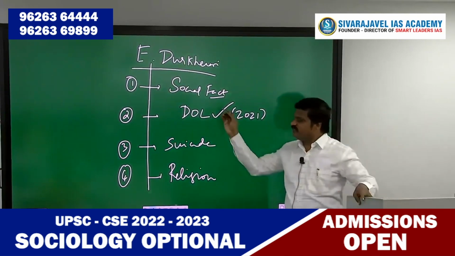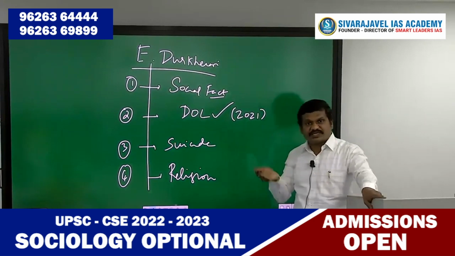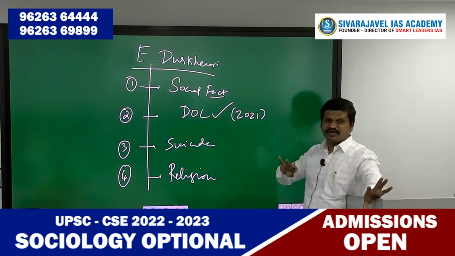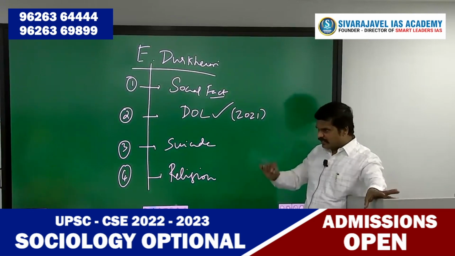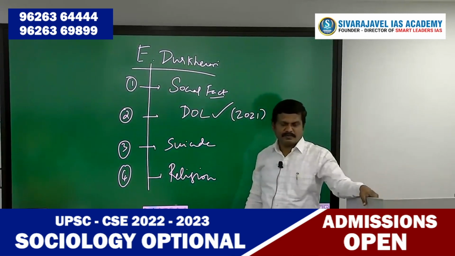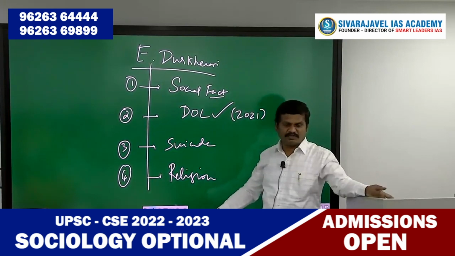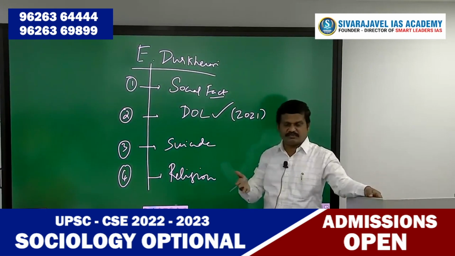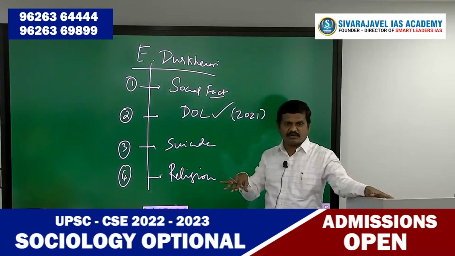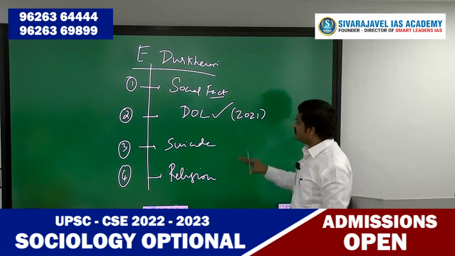So social fact is a fact which is created by society. Division of labor. A work is divided into many parts, and each part is given to people. We have to study history, polity, economy, geography, everything in GS. So I'll study history, you study geography, you'll study economics, you'll study polity, you'll study science and technology, you'll study CSAT. We are dividing the work or not? So division of labor